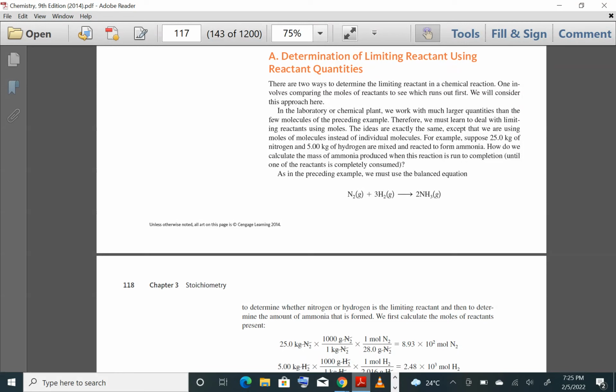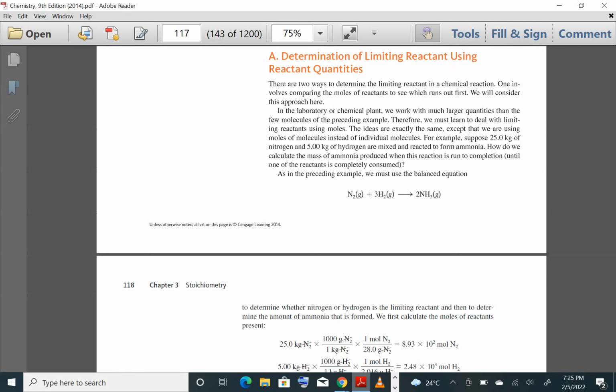We've been given 25 kg of nitrogen. So you have to find the number of moles that are going to be in 25 kg of nitrogen, and then also find the number of moles of hydrogen which are going to be present in 5 kg. Then you are supposed to use their mole ratios to figure out, okay, with this nitrogen that I have,